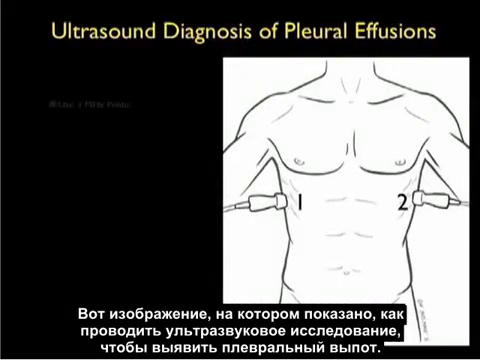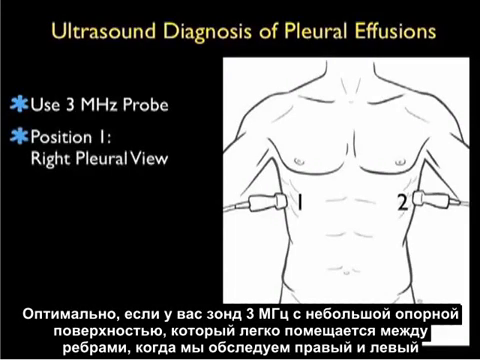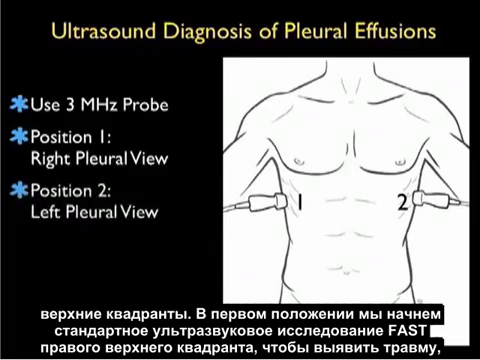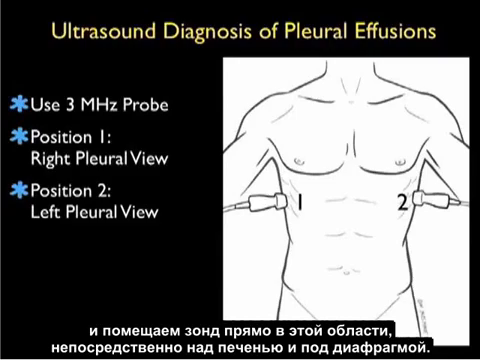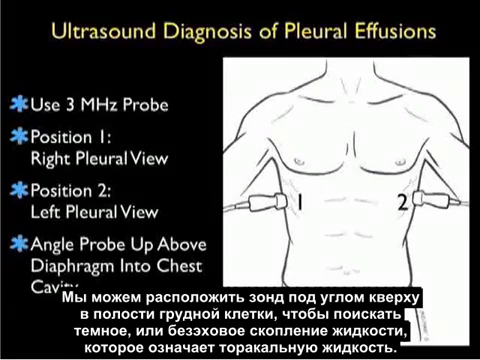Here's a slide reviewing how to perform the ultrasound examination for detection of pleural effusions. Optimally, you'll have a 3 MHz probe with a small footprint that can easily sit between the ribs, as we'll be looking into the right upper quadrant and left upper quadrant areas. In position 1, we'll be coming into the standard right upper quadrant trauma FAST exam and position the probe into that area just above the liver and below the diaphragm. We can then angle the probe upwards into the thoracic cavity to look for a dark or anechoic fluid collection